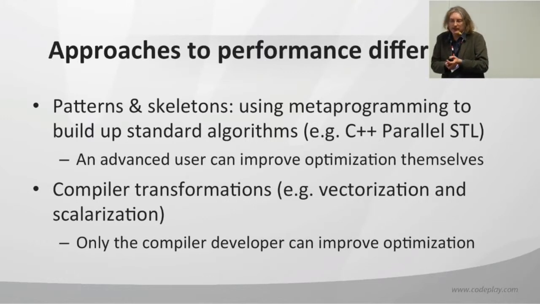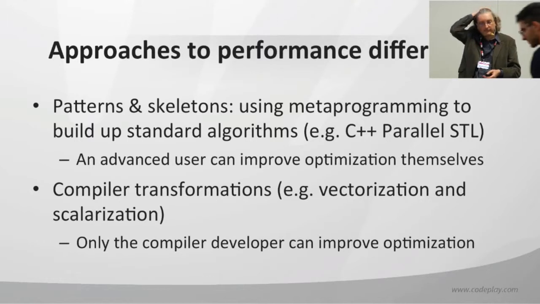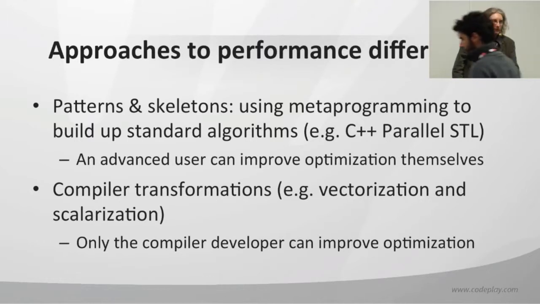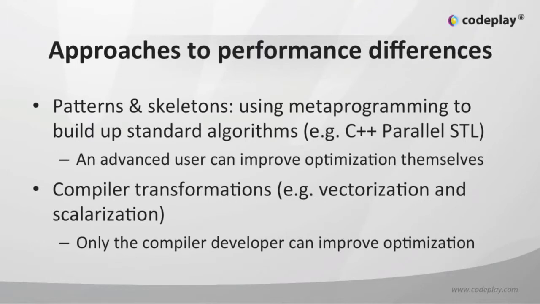So I suppose the two approaches that we see, one is the kind of C++ approach, which we like, which is patterns and skeletons. So you have, for example, the C++ parallel STL, which is something that's being developed at the moment, where you have patterns that are actually source code that you can look at and you can modify and you can customize to your own usage. And then the advantage of that is an advanced user can improve the optimization themselves, or